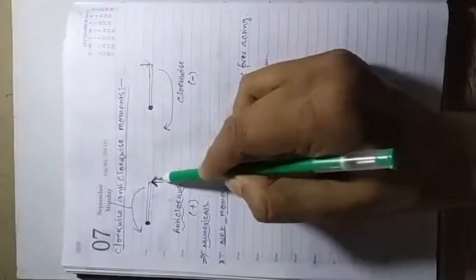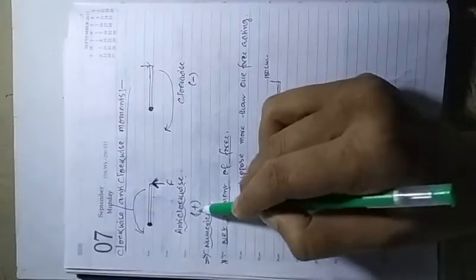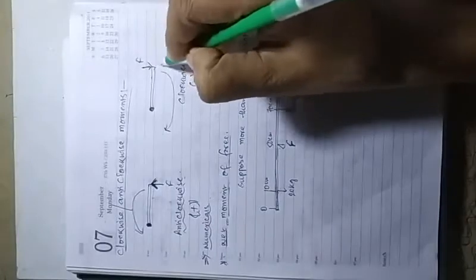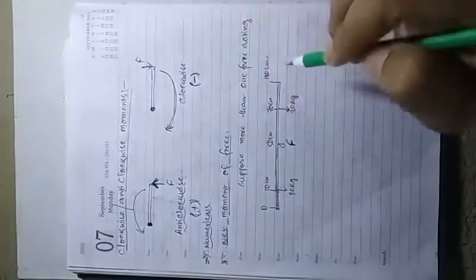So here, if the force is acting like this, then anti-clockwise direction in physics convention is given the sign plus. And students, if the force is acting downwards like this, below, horizontally, then you can see this is clockwise, and this is anti-clockwise. If it is clockwise, according to physics convention, that is given the sign minus.